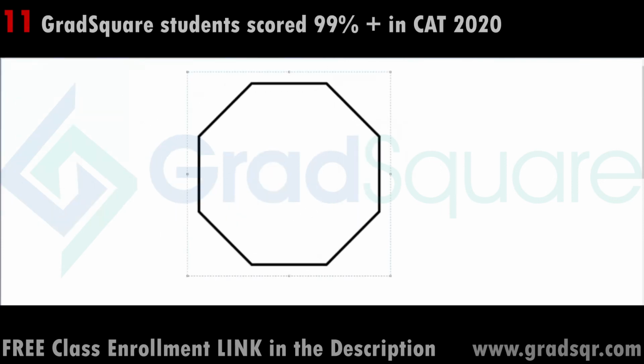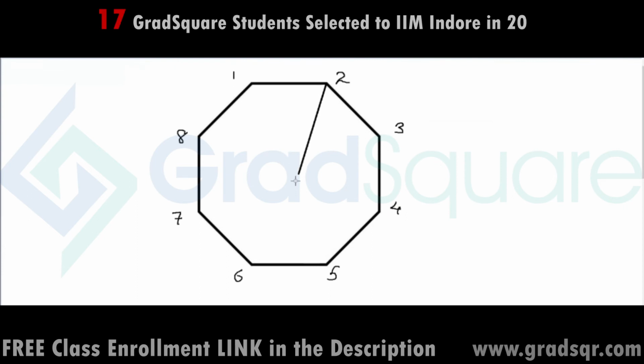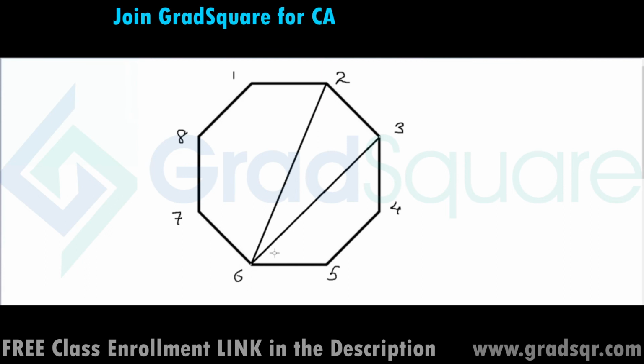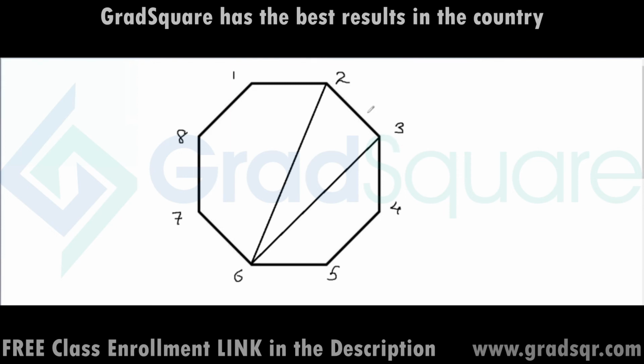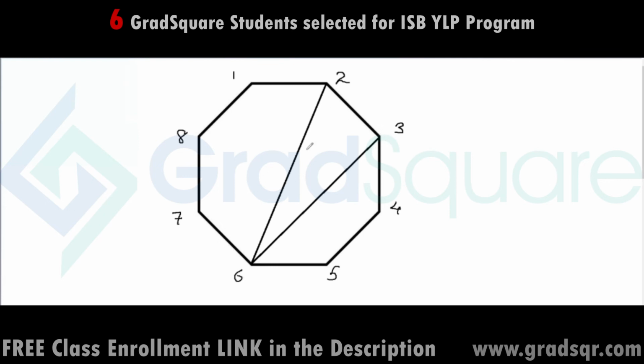All right. Now for the second property, let me consider once again the same regular octagon 1, 2, 3, 4, 5, 6, 7, 8. Now in this regular octagon, let me consider two diagonals, say 6, 2 and 6, 3. Now 6, 2 and 6, 3 are referred to as two consecutive diagonals drawn from the same vertex, right? And it makes sense. Both of these are drawn from the same vertex 6 and they are formed by joining two vertices which are consecutive to each other. 2 and 3 are consecutive vertices. So from 6, I'm joining 2 and from 6, I'm joining 3. So 6, 2 and 6, 3 are two consecutive diagonals from the same vertex.